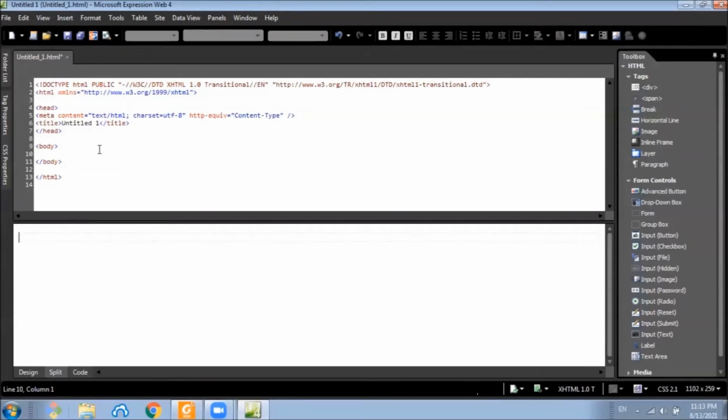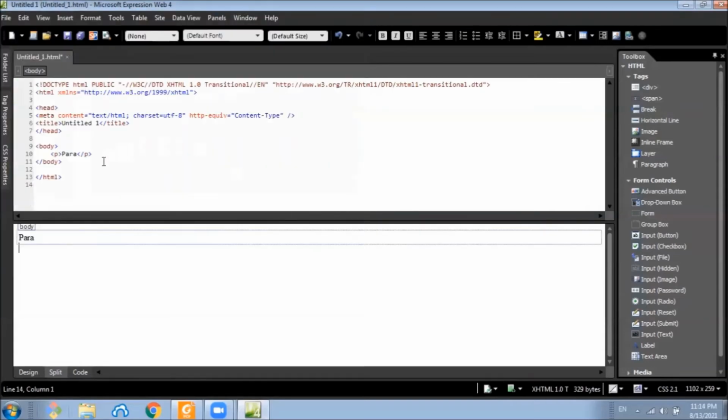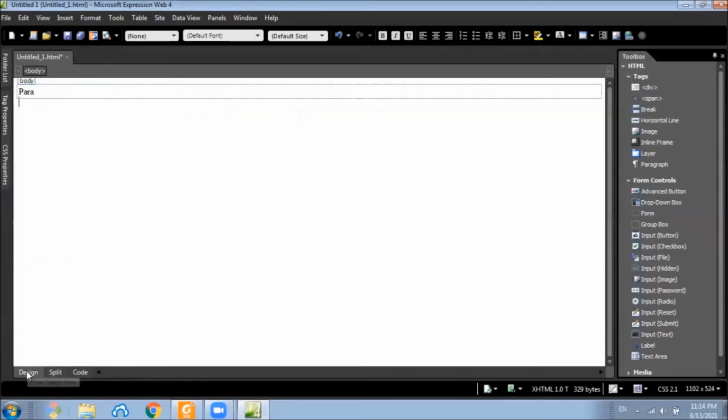For example, if I go there and put a paragraph there and save, we can see the paragraph in the design interface.